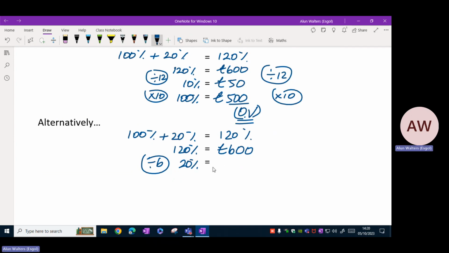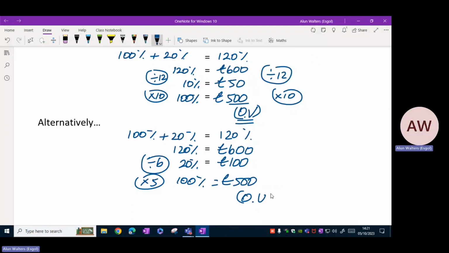So share that by 6 to get 20%, share that by 6 to get 100. And then if I multiply both sides by 5, I end up with 100% is equal to £500,